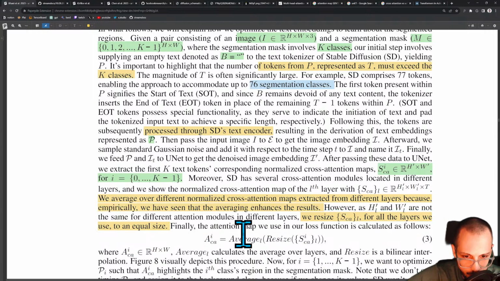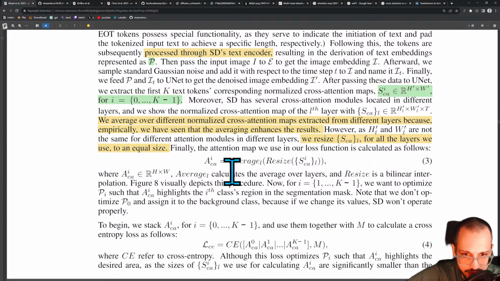Finally, the attention map we use in our loss function is calculated as follows. Okay, so the average attention map for token i, CA cross attention, is the average, whatever average function they're using. It seems like they're using here bilinear interpolation, which is just a way to resize images. There's different ways to resize images. There's cubic, linear. Linear is the fastest and easiest one. They could have actually used cubic interpolation and gotten a probably better score, to be honest. But okay, they're resizing that image, averaging them, and now that's how they get basically the cross attention map for